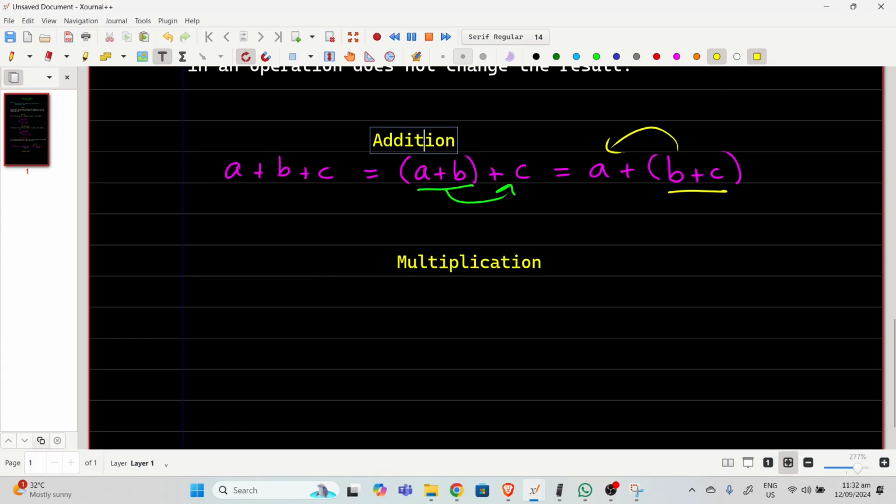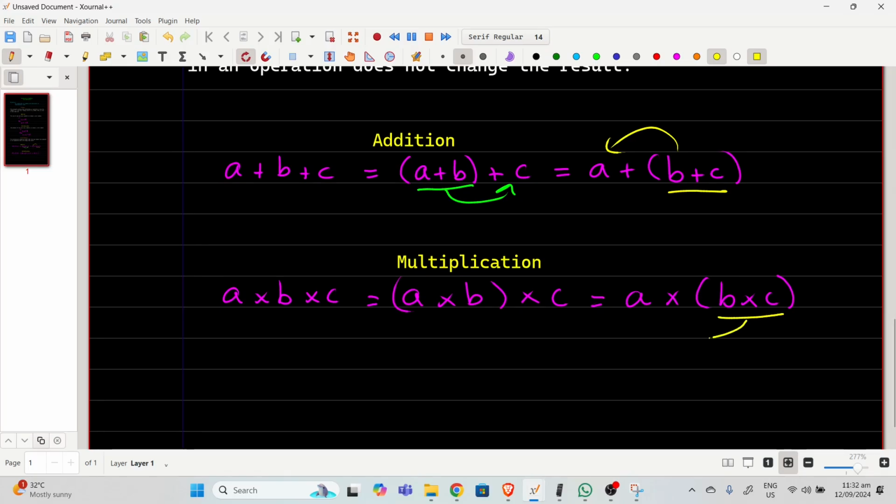Right? For multiplication, it means the exact same thing. If I have three terms multiplying each other, so A times B times C, then I can take A times B, then multiply that result with C, or I can take A and multiply it with the result of B times C. Again, I can work this out and then take that result and multiply it here, or I can work this out and multiply that result here. It gives me the exact same answer. So that's the